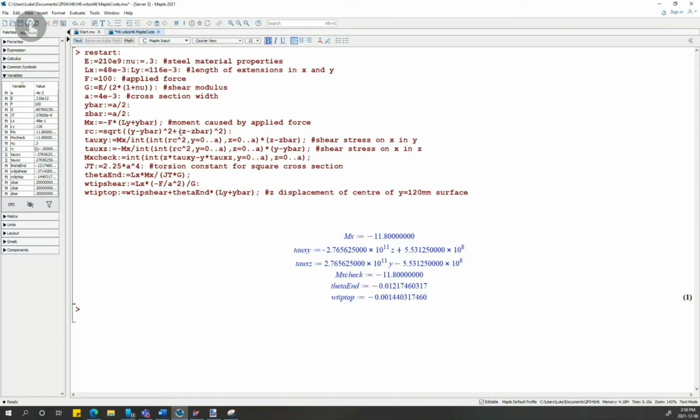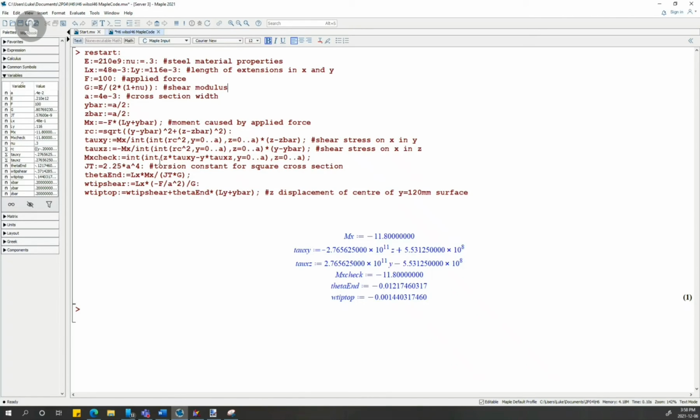Then after this, we have the radius from the centroid, which is (y minus y bar) squared plus (z minus z bar) squared. Then we have the shear stresses on x and y and on x and z calculated as the moment over the integral of the area times the distance from the middle with both of them. And then we even have a moment check here, which takes the double integral of these